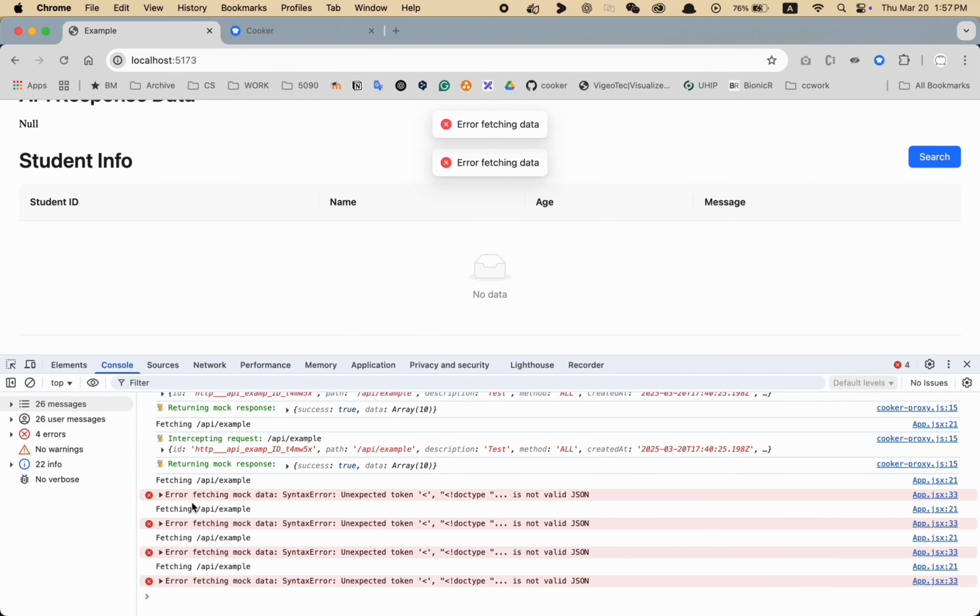So we can switch to this mode when the backend API is ready, to quickly verify the page status on the real